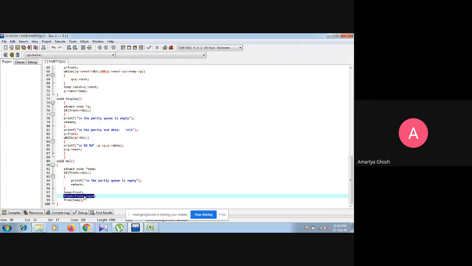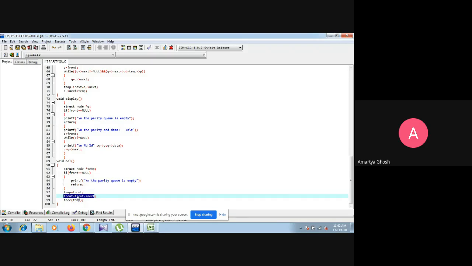Okay, suppose there is only one node, so the front next part has the null value that is also set into front. That means the list is empty. All of you understand? If there is only one node, the front node's next part contains the null value, and in this way, front equals to front arrow next means null is assigned into front. That means after the deletion of the only node, front will be null. That means the list is empty.